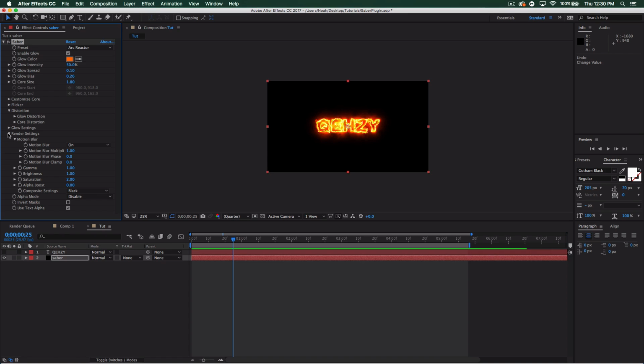And then render settings I don't really get into at all, but you can play with the motion blur, so when things move it looks a little better, etc. Not really something I'm going to talk about, but if you want to get into it, you can look at the Video Copilot tutorial. I'm actually going to go here to core distortion, and I'm just going to change this